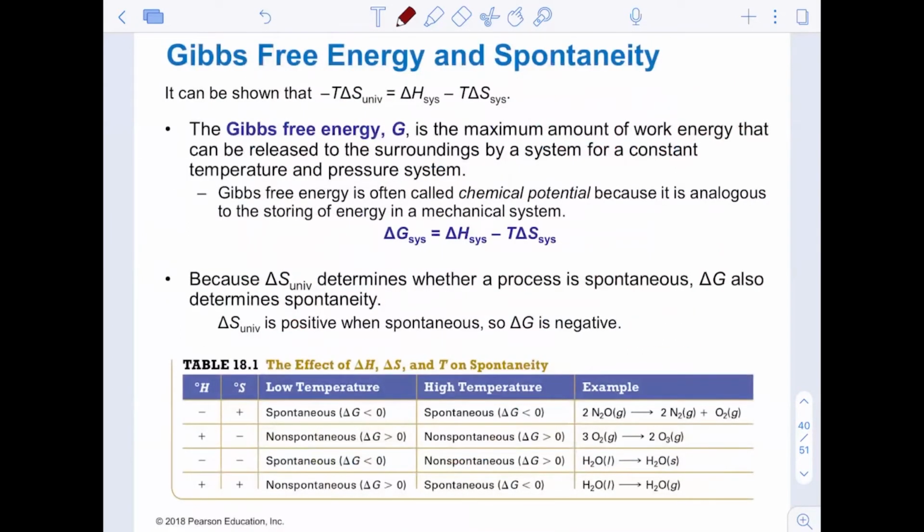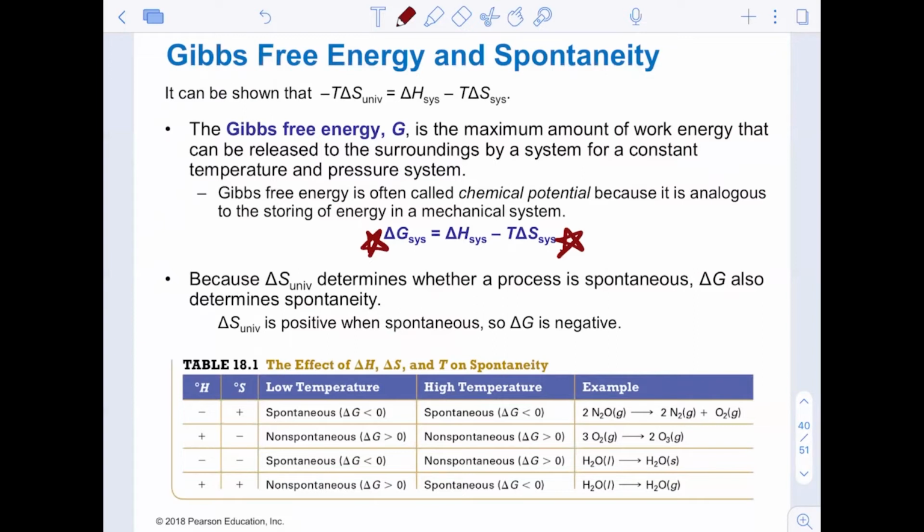So we showed the derivation for Gibbs free energy. Let's just talk about what this definition is again. Delta G, or Gibbs free energy, is the maximum amount of work that can be released to a surroundings by a system. What we're trying to relate here is the amount of energy that could be released in a spontaneous reaction. Gibbs free energy is also called chemical potential because it's analogous to the storing of energy in a mechanical system. Because delta S of the universe determines whether the process is spontaneous, second law of thermodynamics, delta G also